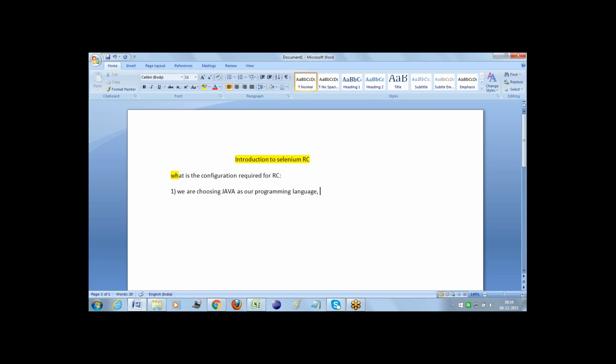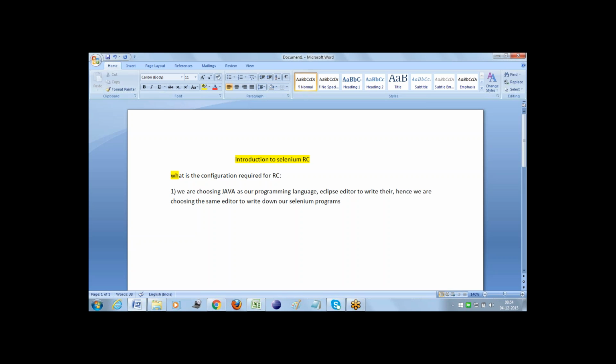Usually developers use the Eclipse editor to write their code in the Java programming language. Hence, we are choosing the same editor to write our Selenium programs. Using the Eclipse editor, we can write programs in various programming languages, but in order to write our Java programs, we are choosing Eclipse as the editor.